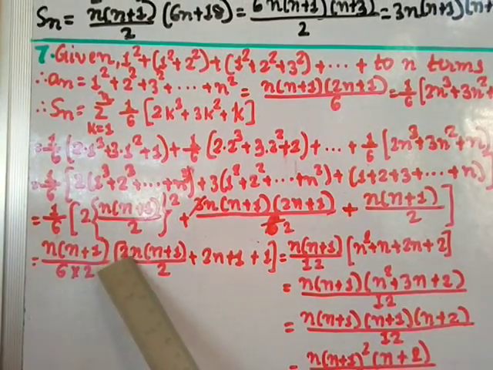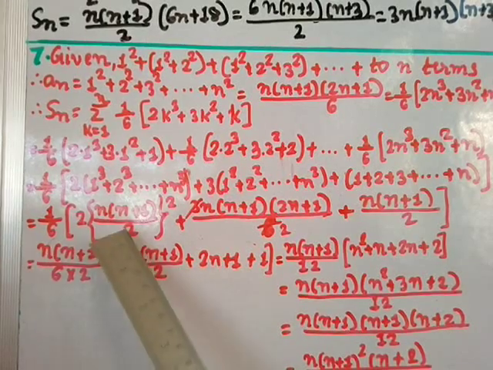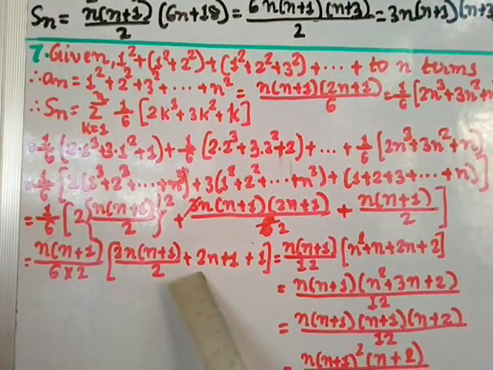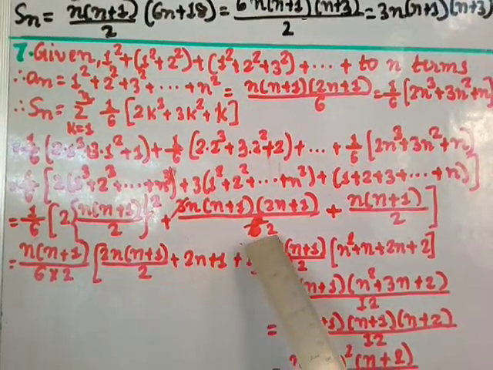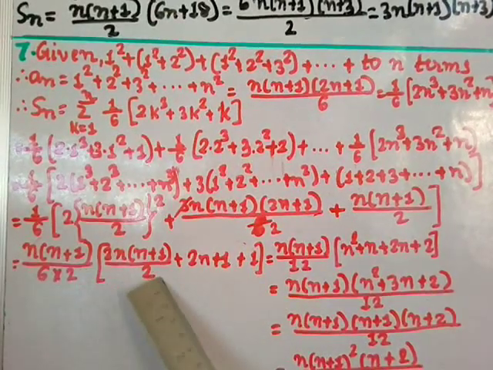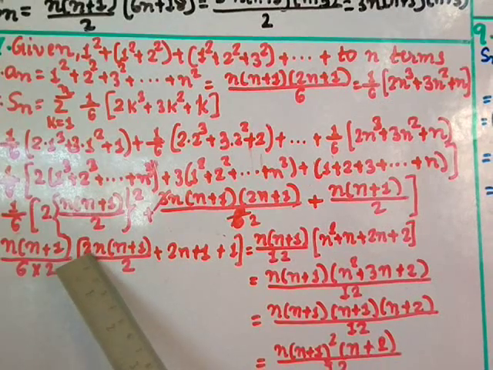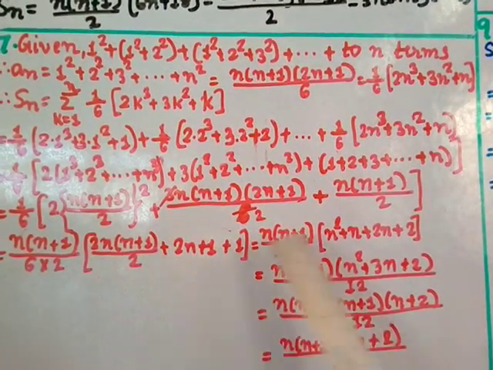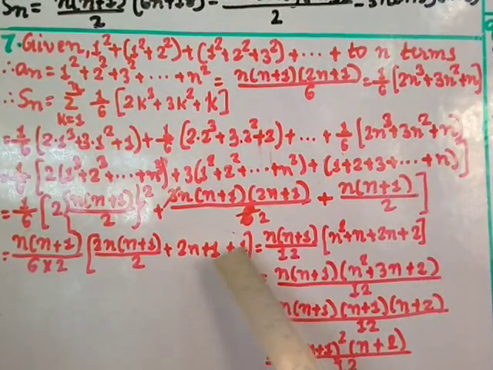Okay, 2 remains as it is, n into (n plus 1) remains, square is there, so 1 is taken, 1 remains, and here 2 square is 4, so 1 2 is taken, so here remains 2, plus here this n into (n plus 1) is taken, so you get here 2n plus 1, and this 2 also is taken, plus here remains only 1. This 2 and 2 you can cut. Now here this one is n into (n plus 1) by 12, and here this is cut, so you get here n into (n plus 1), but I multiply inside, so n into n is n square, plus 1 into n is n, plus 2n plus 1 plus 1 is 2.